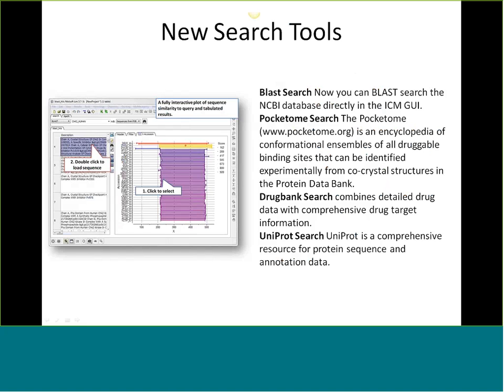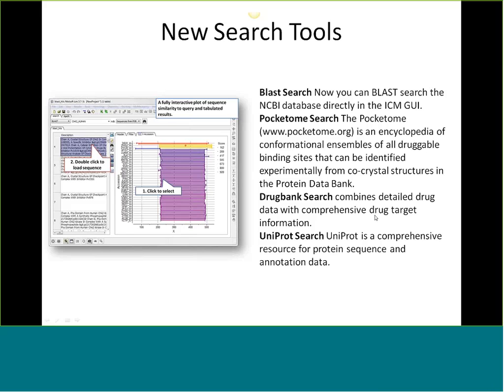We also have a link to the Pocketome, which is an encyclopedia of conformational ensembles for all druggable binding sites that are in the PDB. This is prepared by Ruben Abagyan's group at UCSD, and Ruben is the founder of MolSoft. We also have a direct search of DrugBank. DrugBank combines detailed drug data with comprehensive target information, so it's a good way of drawing out new compounds. And we also have a link for searching UniProt and downloading UniProt sequences. So in ICM,